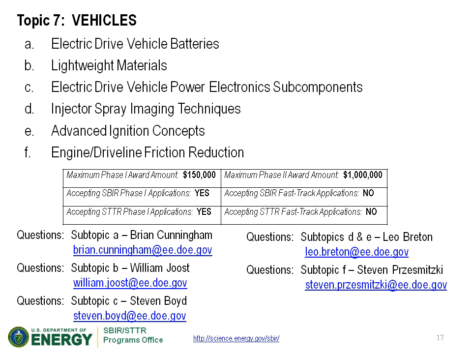Our next subtopic would be electric drive vehicle power electronics subcomponents. One of the most important challenges for vehicle power electronics is reducing system component and subcomponent costs wherever possible. This topic aims to reduce subcomponent costs through new approaches to magnetics and power electronics.